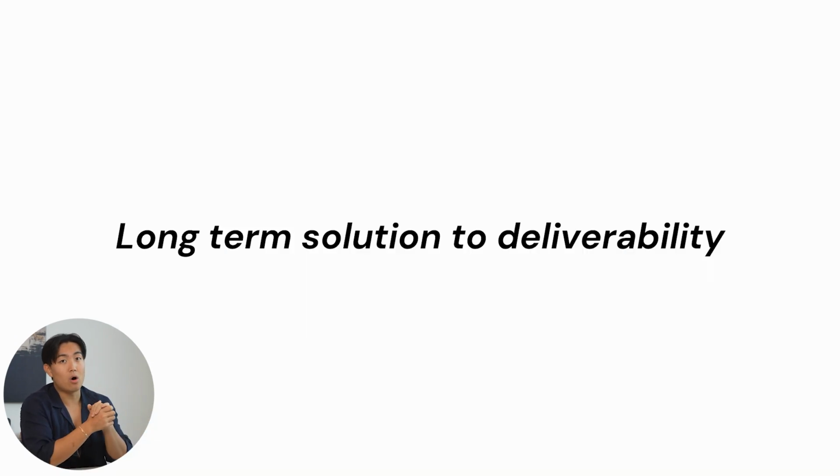Now, let's talk about some longer-term solutions to fixing your deliverability in a more permanent way, right? Because if you do this, you get the deliverability to where it needs to be, but your email content persists to be kind of sucky, right? Then the issue with that is you're going to end up in the same position, because the reason why your sender reputation went down is because your content is not very engaging. People don't really like reading it, people don't like seeing it,